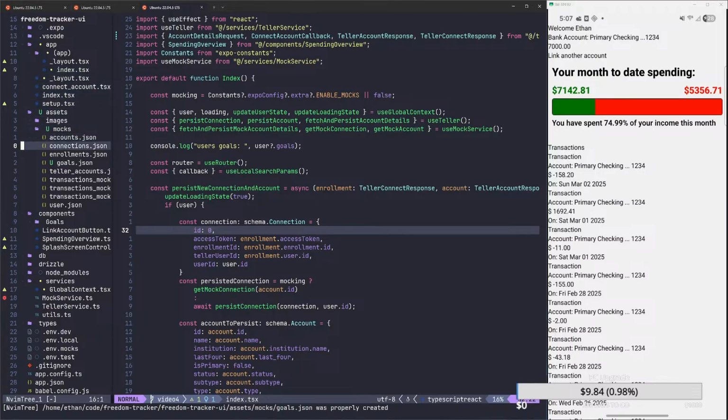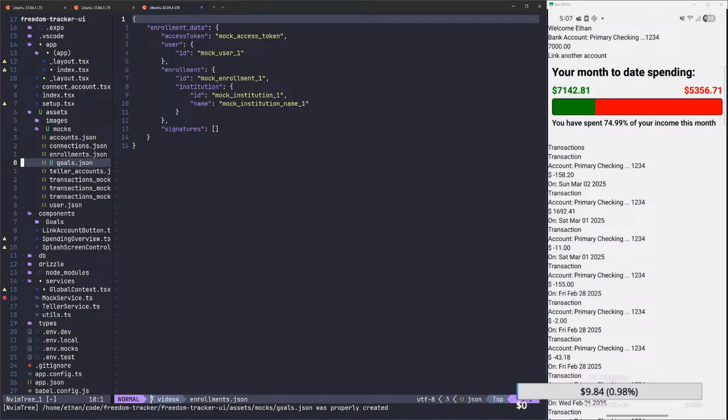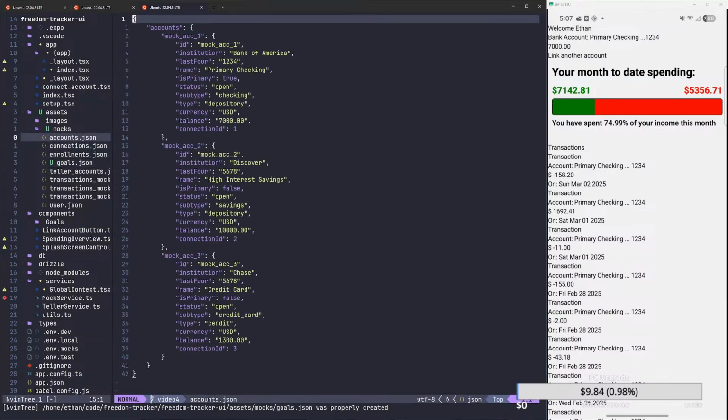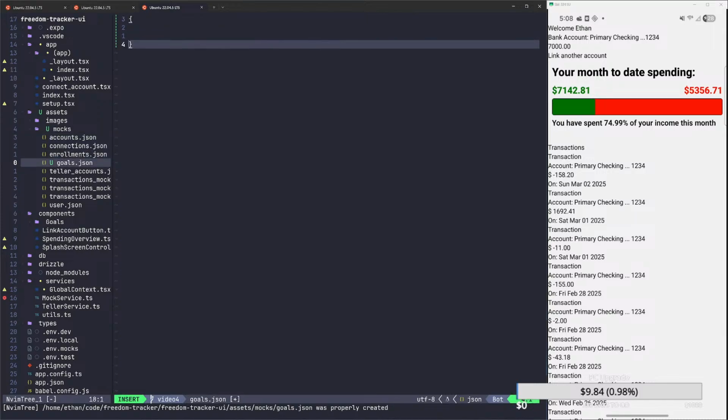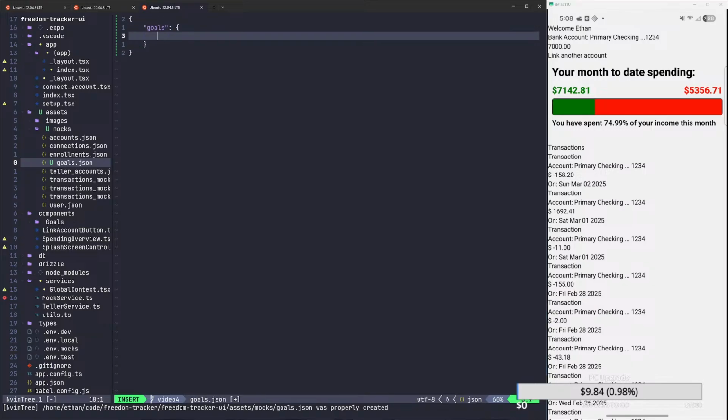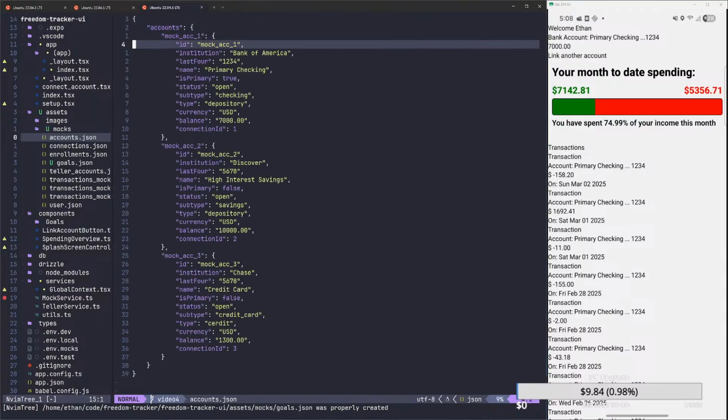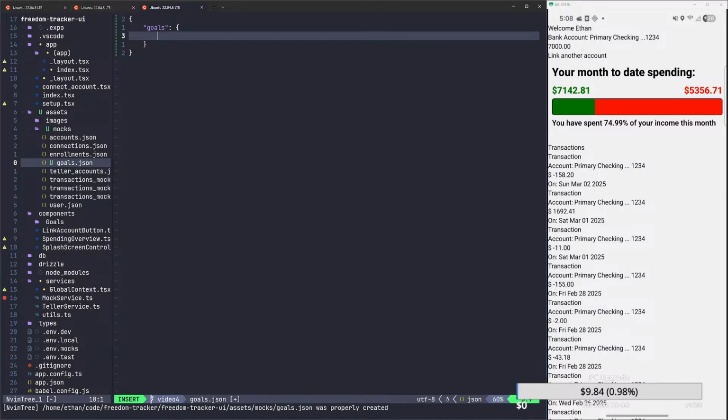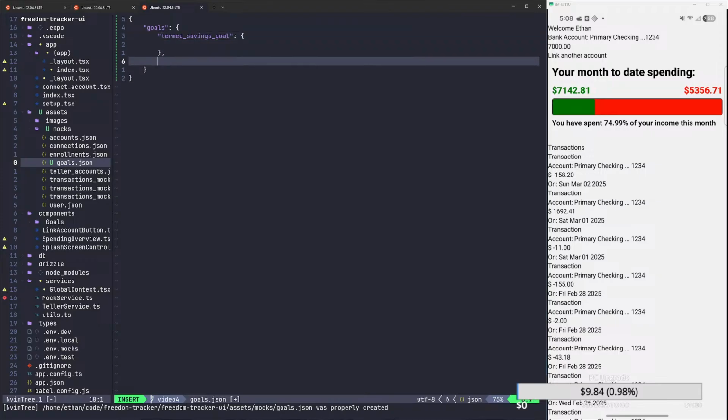Now if we go into our goals, basically all we have in here is an object, and then how do we do this? So we have an object, and we'll just say goals, have an object, and in here we just have a bunch of objects. So let's say a savings goal, maybe a monthly savings goal. Or maybe, yeah, I'm gonna say a termed savings goal. That way we have a termed one and a recurring one. And then maybe a recurring spending goal,